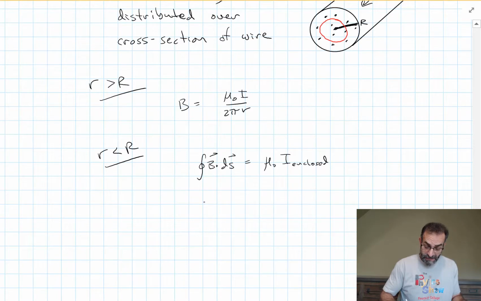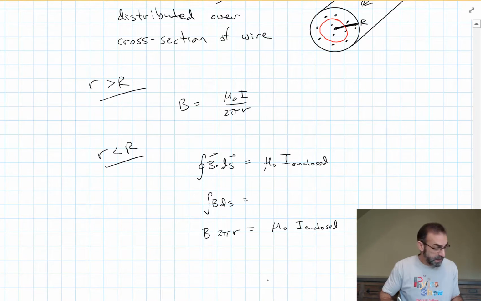So the left side of this equation is the same whether we're inside the wire or outside of the wire, because anywhere along a circular path, if we pick a circular path centered on the wire, the magnetic field dot ds just gives us the integral of B ds. B is constant. The integral of ds is 2 pi r. What's different